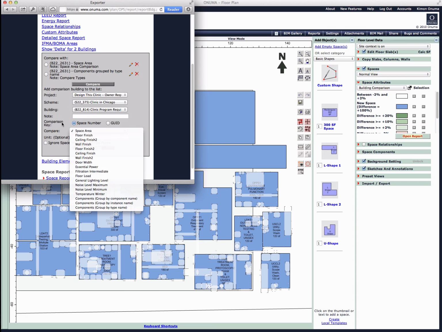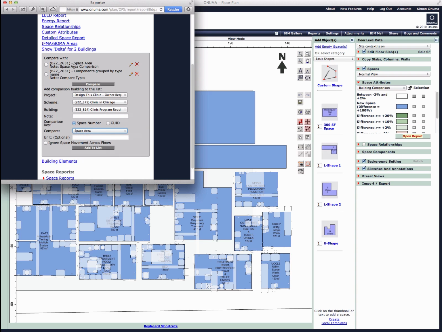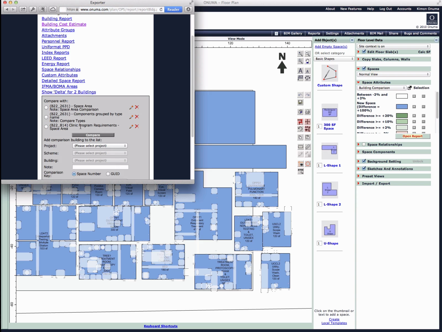I can compare a lot of other things. I can start comparing, do we match all their other floor finishes, etc. And we can even say ignore spaces moving across floors if we start moving it to the second floor. So we're going to add this to the list. And now we have a new comparison called clinic program requirements. And if we create a comparison now,